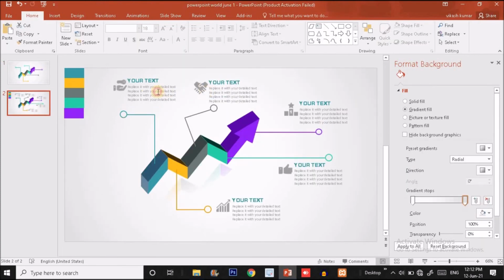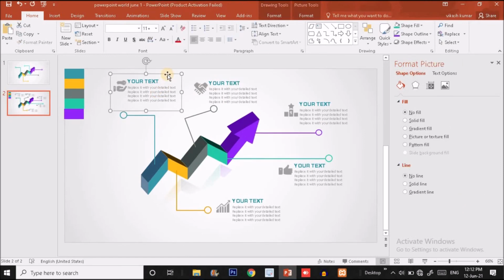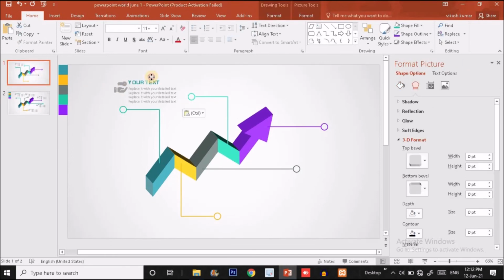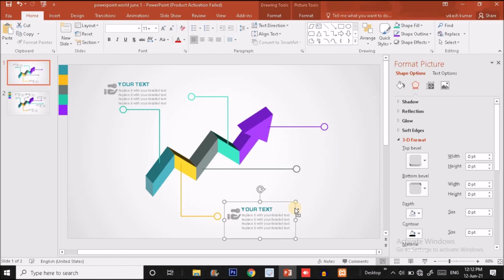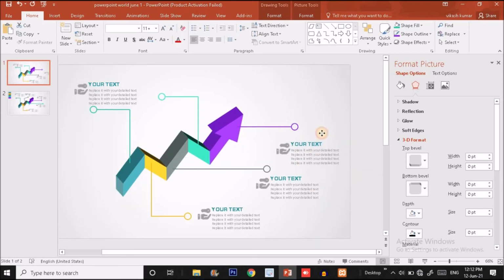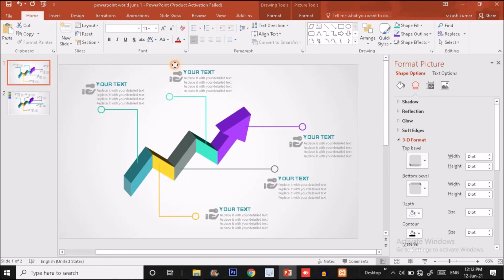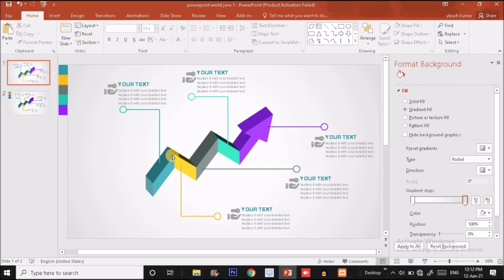Now it's done. The final thing is we have to copy this text group over here. Press Ctrl C and put it on the slide, like I'm going to put it over here for the first one. Ctrl V for the second one. This text is for the second one. Ctrl D. This text is for the third one. Ctrl D. This is for the fourth one. And Ctrl D again. This is for the fifth one. So you can use different icons. I have downloaded these icons from flaticon.com. You can go there, download the free icons and use them in your project.